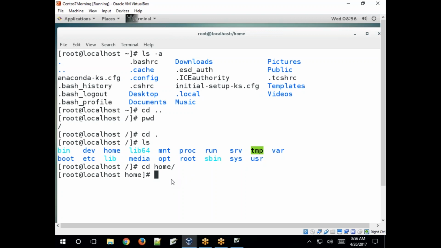If you want to print the current working directory's path, pwd. See, this is the path. Currently you are in the /home directory. pwd is the command to print the present working directory path. Clear? Like this. So what is the path here?